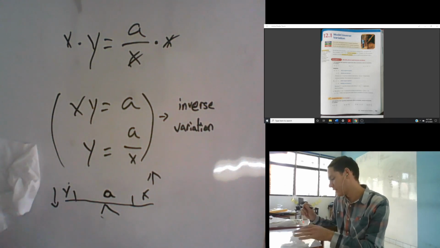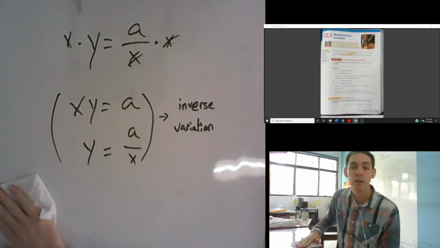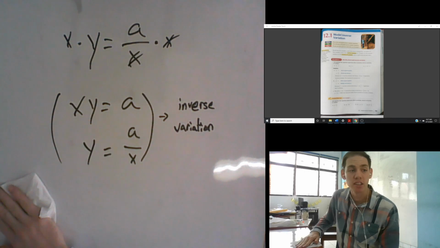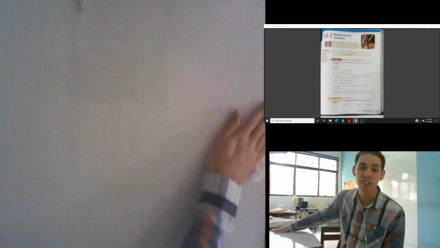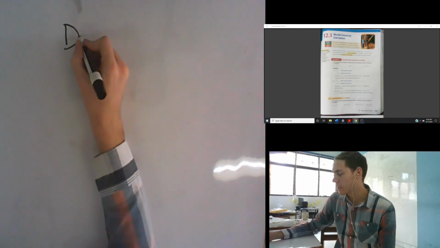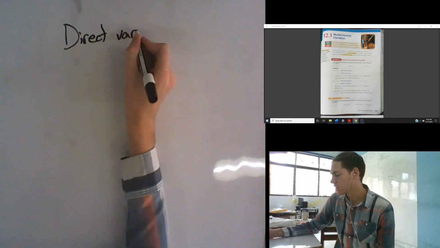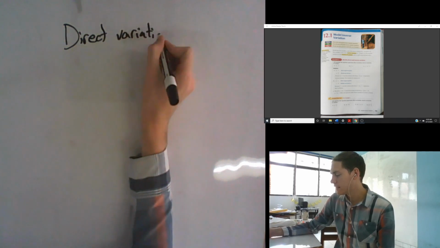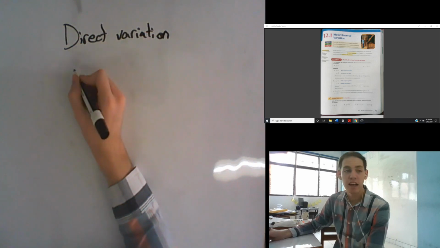Okay, let's look at some problems. The first step is identifying: can we tell if it's inverse variation, direct variation, or not? Direct variation, think direct. What does direct mean? It means straight. Direct variation means straight variation. What's that mean? That means as one